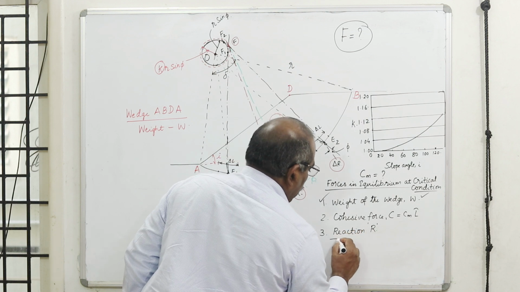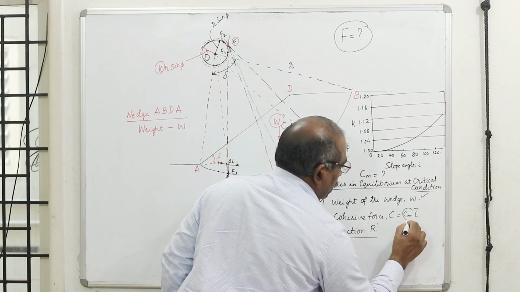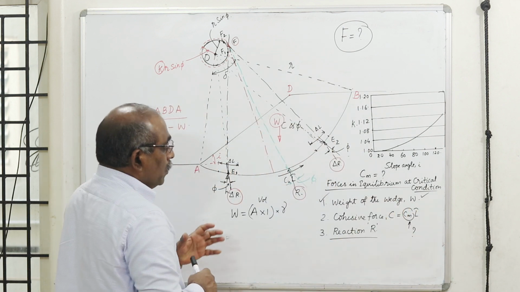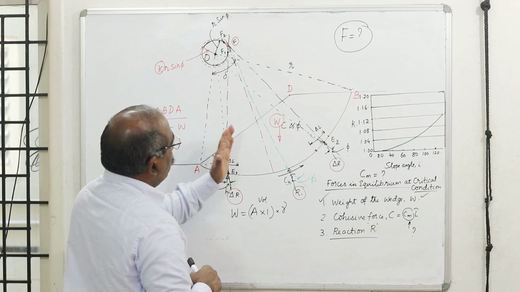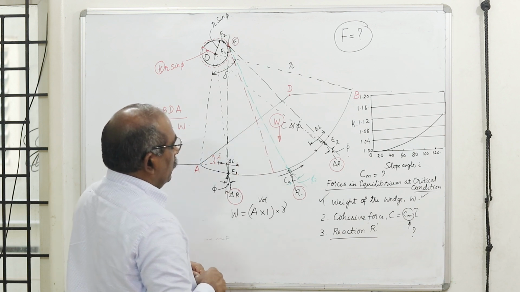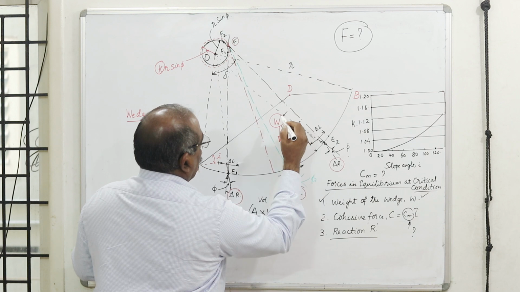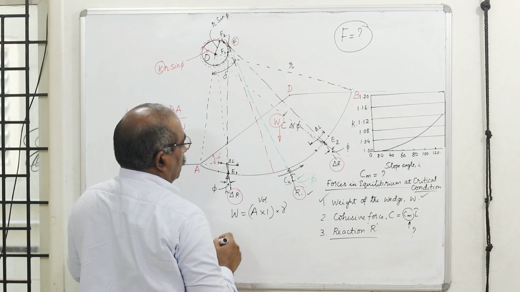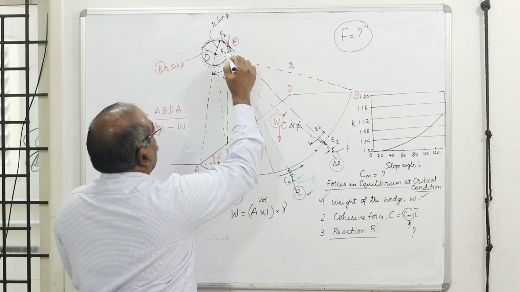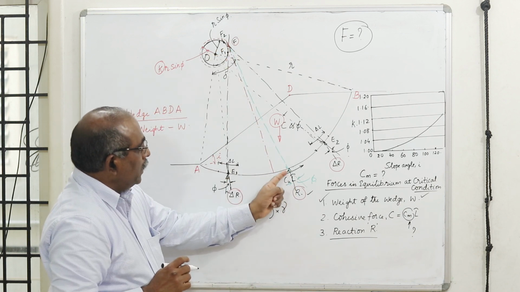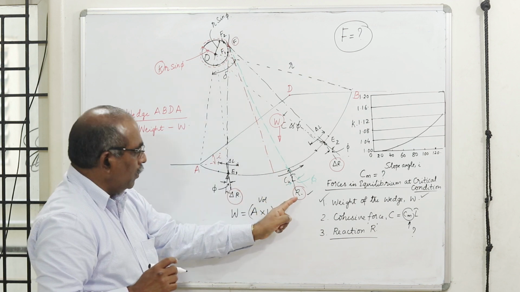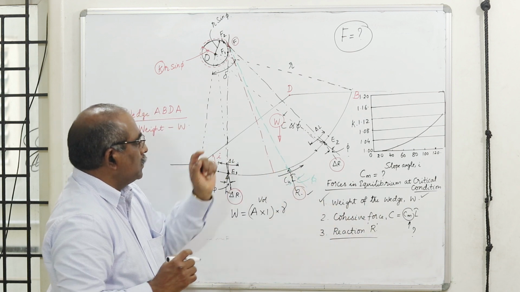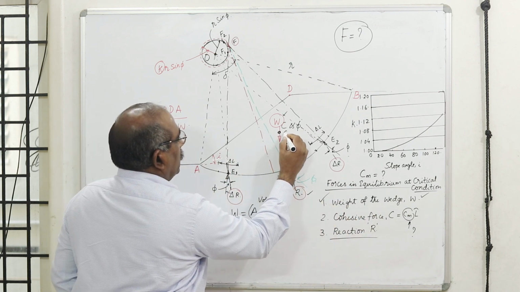Now, I don't need the reaction, but I want this. This is my required quantity. To get this, I can form a force triangle. But the problem is, this is a linear vector, because I know my direction of action, since I am using this friction circle to decide the line of action of this. I am not interested in R, I am interested in Cm. W, I know it acts at the center of this area, this CG.